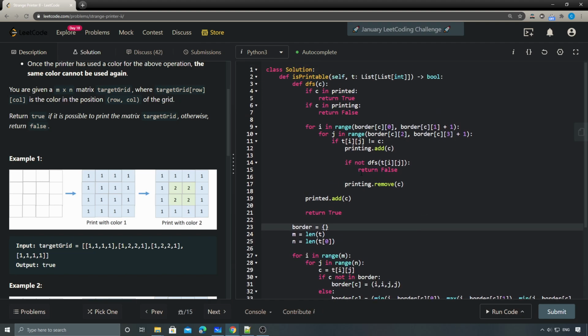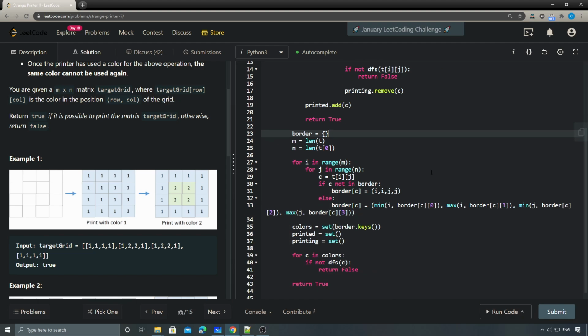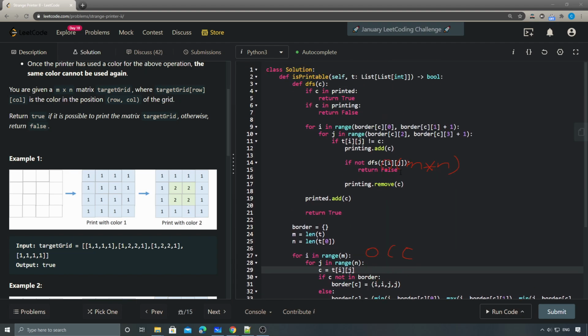So how about the time and space complexity? For the time complexity, here we have M times N, but that's not the dominating time complexity. It's actually this part. Let's say C means the total number of colors, and then inside here we have